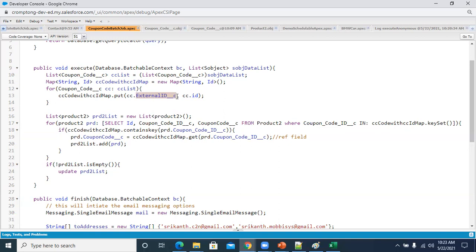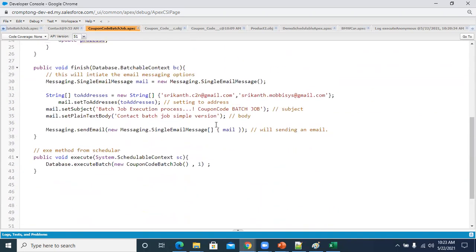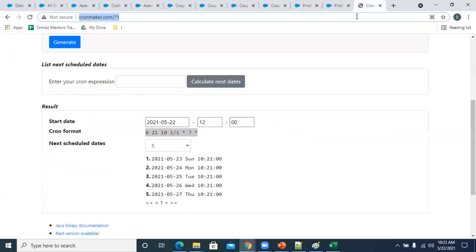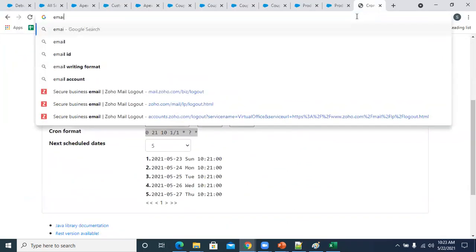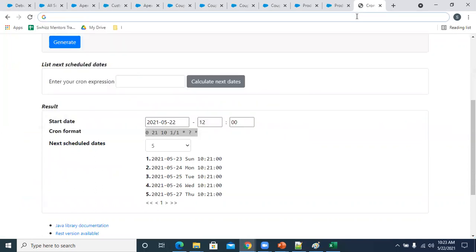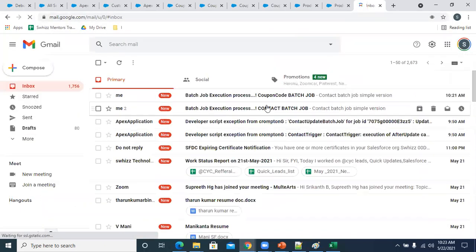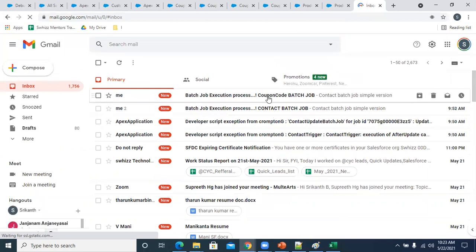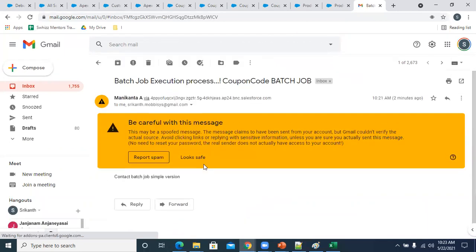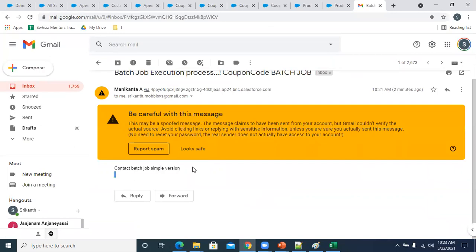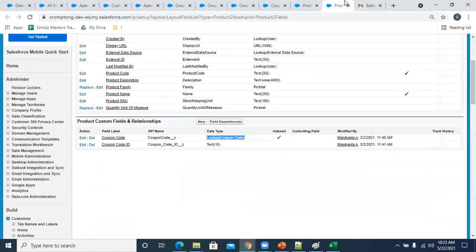So these are common in this. That's why I took that data and updated it here. Finally, we will get an email message. Let us check whether I got it or not. See, earlier I got a contact batch job. Now I got a coupon code batch job. When I click on this, see, this is a message. I just provided a simple message for you, not more than that. That means an email also will be